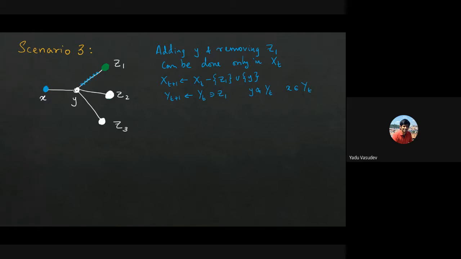What else can happen? Can any other change increase the symmetric difference? For instance, if you take y z2, it cannot do anything, because you cannot add y in either xt or yt, since y is adjacent to a vertex in xt and an adjacent vertex in yt. Similarly, when you consider y z3, this is the only place in which you will actually increase. Others will decrease or keep the same.